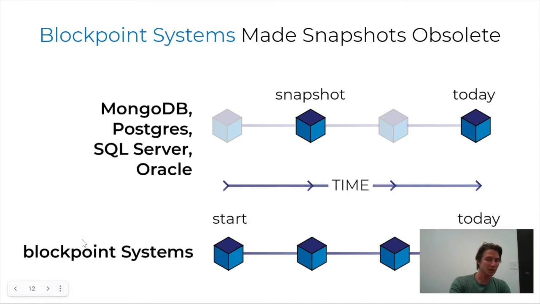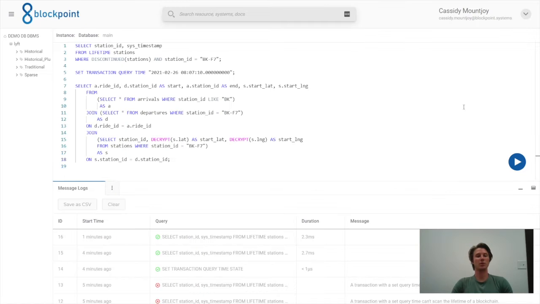What Blockpoint does and bSQL allows you to do is have more fluid control over what versions you're accessing. So you can really access any version from the beginning of your database all the way up until today. In order to access specific versions of the database, we can use this set transaction query time command